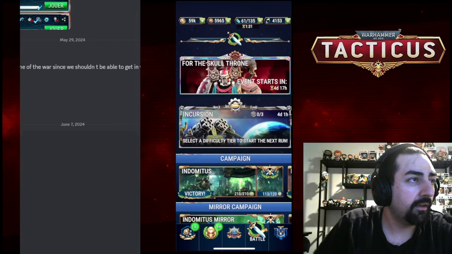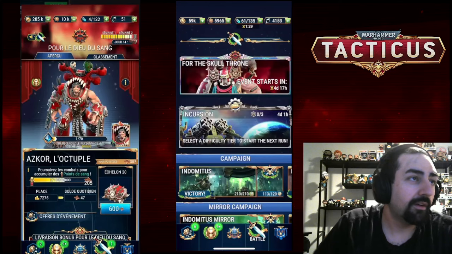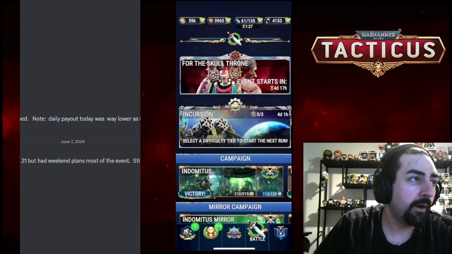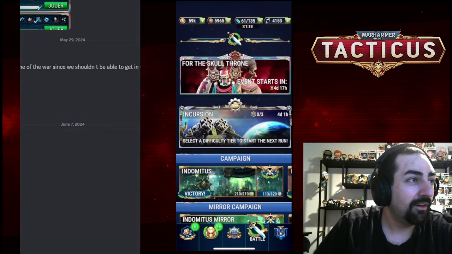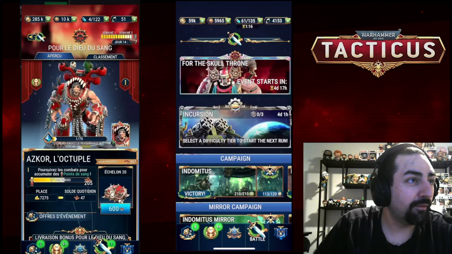Where did Kame end? Let's look at that real quick. 7,200. What about Mike? Mike was at 30k, and he still got Epic 1. So the guy who was ranked like 7k for the day, and the guy who was ranked...